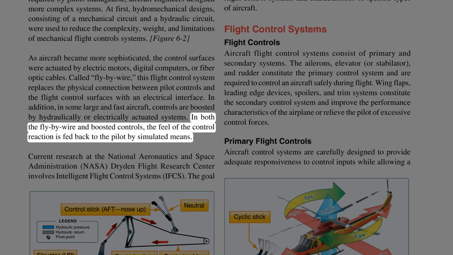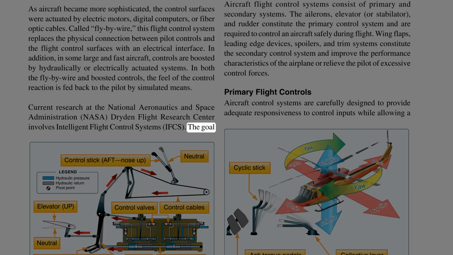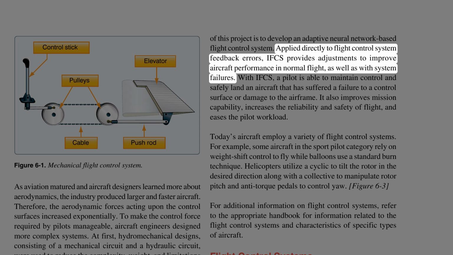In both the fly-by-wire and boosted controls, the feel of the control reaction is fed back to the pilot by simulated means. Current research at the National Aeronautics and Space Administration, NASA, Dryden Flight Research Center involves Intelligent Flight Control Systems, IFCS. The goal of this project is to develop an adaptive neural network-based flight control system. Applied directly to flight control system feedback errors, IFCS provides adjustments to improve aircraft performance in normal flight, as well